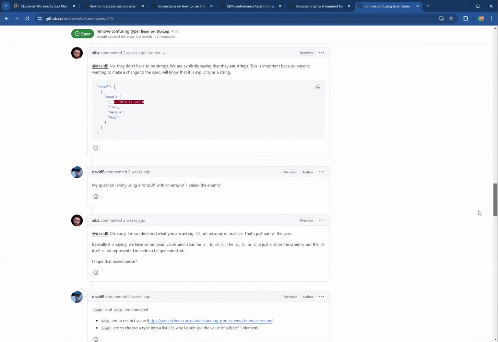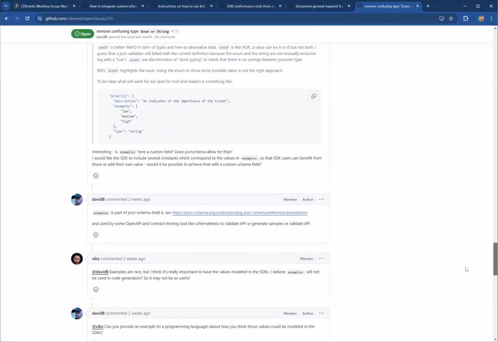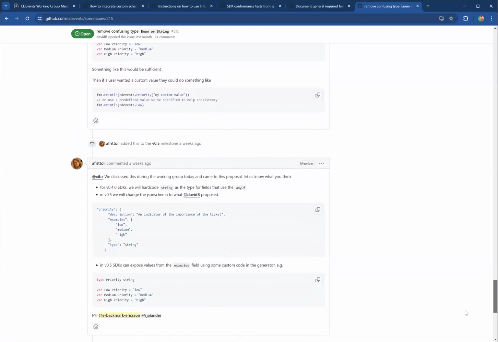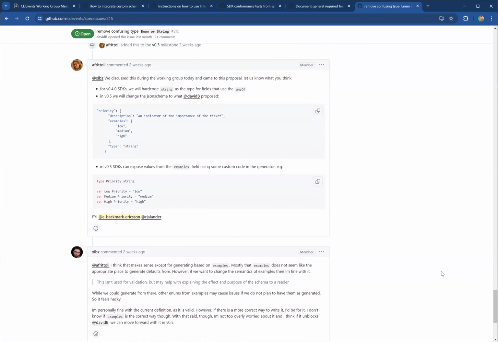I think that adds some complexity. It does, but it also adds the flexibility that you're looking for. Yeah, and if you look real quick right there, type priority string, right? So it's not a string directly. I think maybe that's